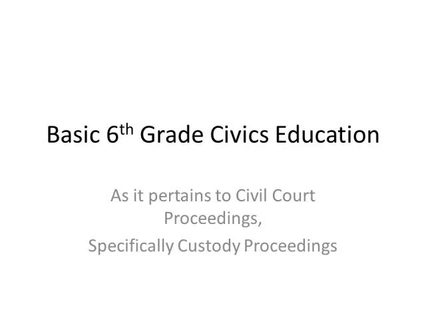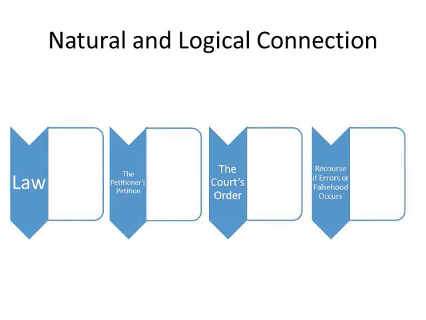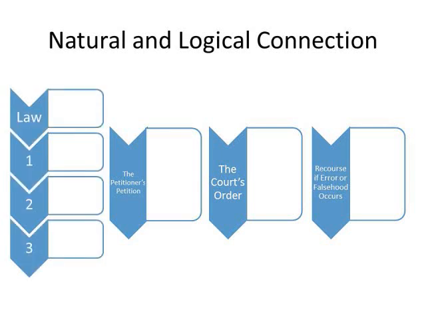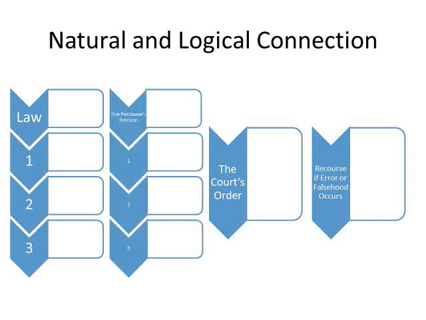This video is a basic 6th grade civics education as it pertains to civil court proceedings, specifically custody proceedings. There's a natural and logical connection between the law, the petitioner's petition, the court's order, and the recourse if errors or falsehoods occur. If the law is in the format of 1, 2, 3, it naturally and logically follows that